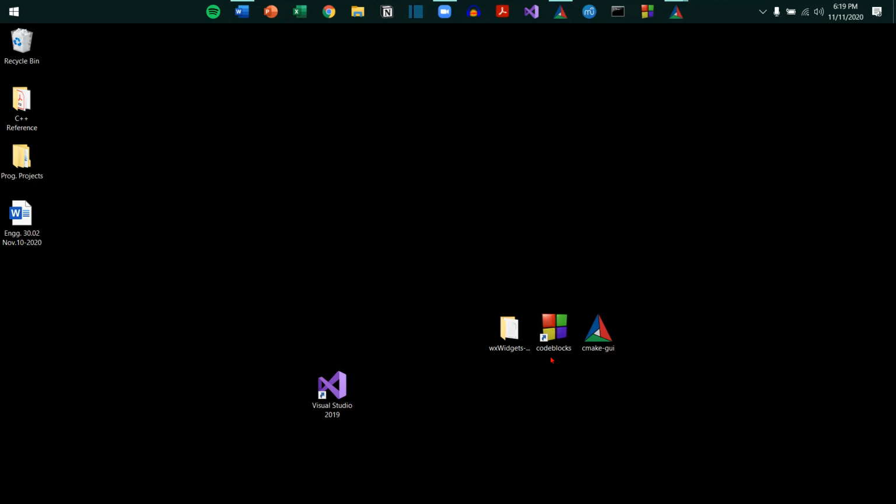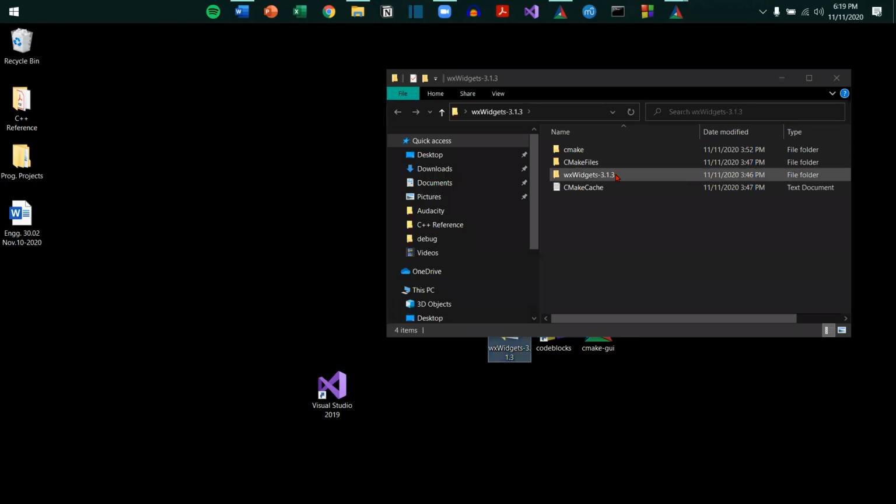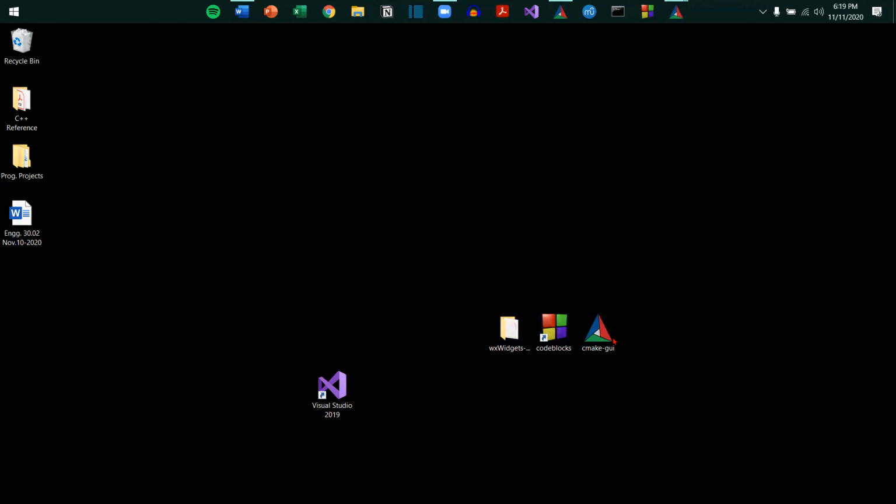First and foremost, CodeBlocks is an IDE. I don't know the meaning of IDE pa. I can't remember it. Pero it helps us program. So, there are three things that are most important to download, in order for, at the end of the day, our goal to be wxWidgets installed in CodeBlocks. So, itong tatlo yung important, which is wxWidgets. Please remember na 3.1.3 yung hinahanap natin, not 3.1.4, because it is currently unstable or maybe di siya gumana. So, let's download 3.1.3.